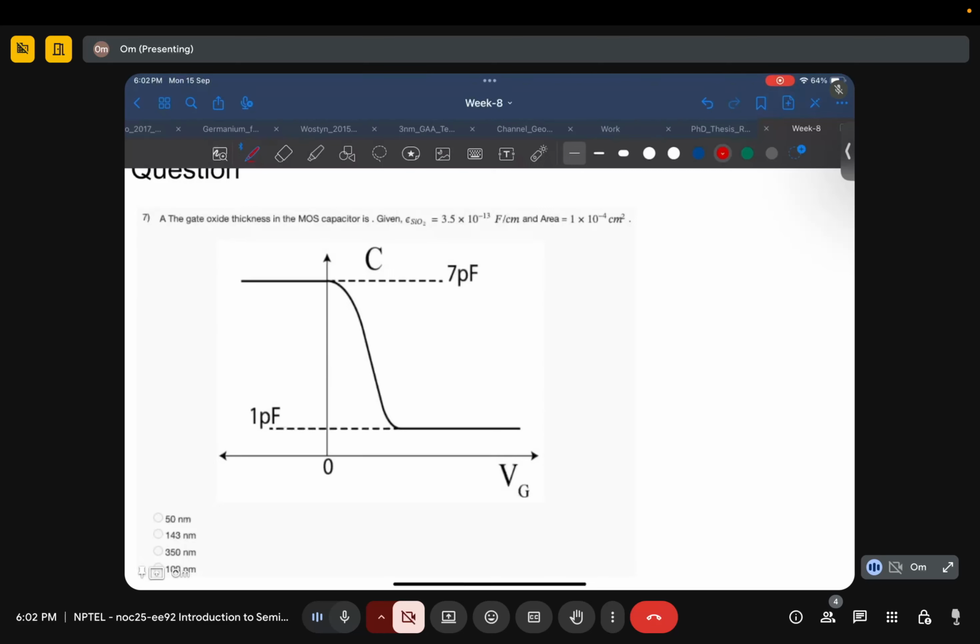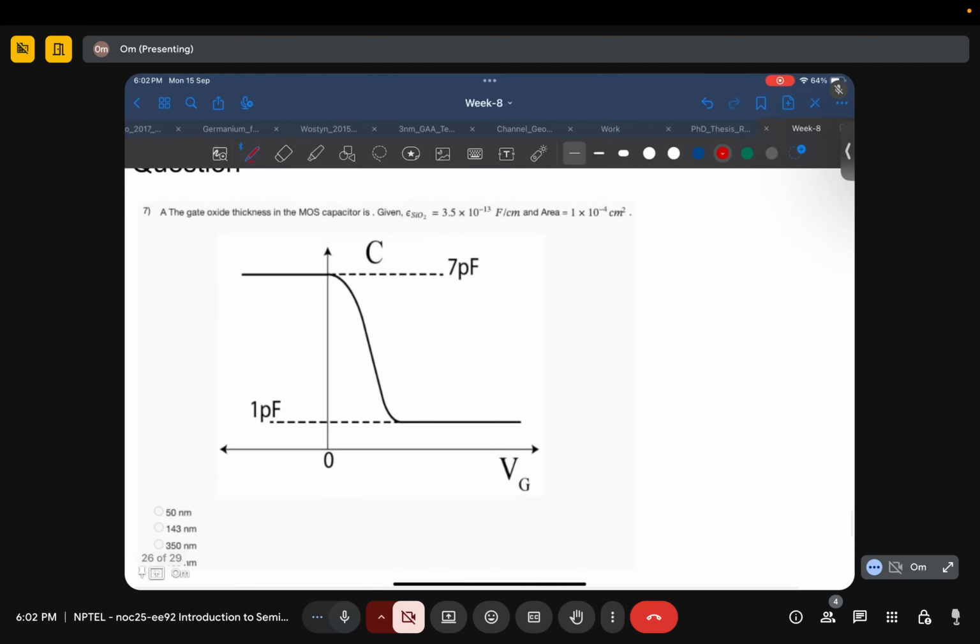Okay, so let's see this. The gate oxide thickness in a MOS capacitor is given. We have to find what the gate oxide thickness is. Given are epsilon SiO2 and the area. So this is an NMOS first of all, and this 7 picofarad will be COX, right? COX is 7 picofarad and COX is